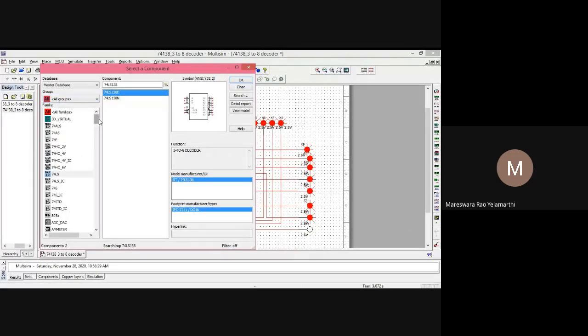Here we may find buzzer, capacitor, piezo, filter, and switch.